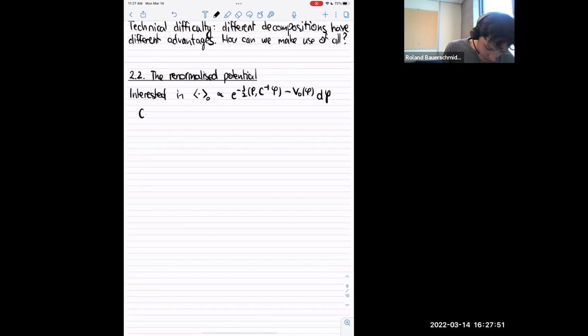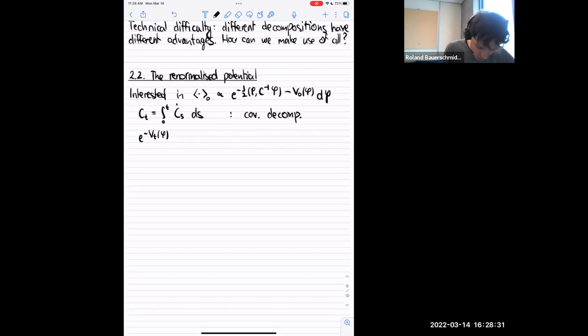The reference covariance is a free field covariance, and we've seen we can decompose it. What we can also define is a regularized version where we use the decomposition up to some varying scale parameter t. So instead of integrating up to infinity, I'm just integrating up to t. I'm going to call that the covariance decomposition. And then we can define one of the protagonists in the subject, called the renormalized potential, defining it through its exponential.